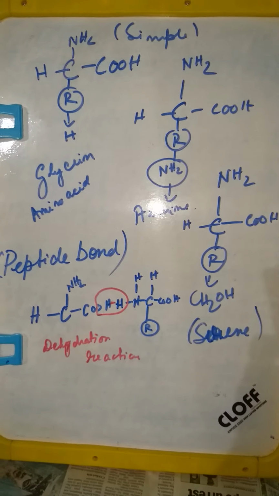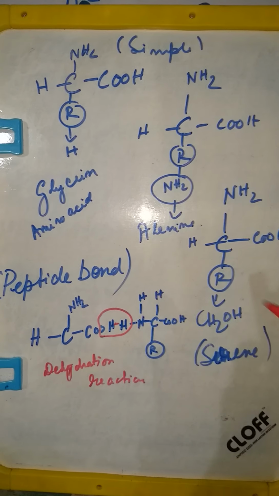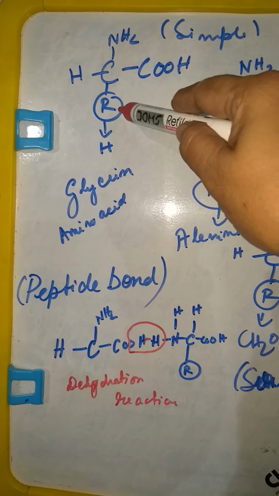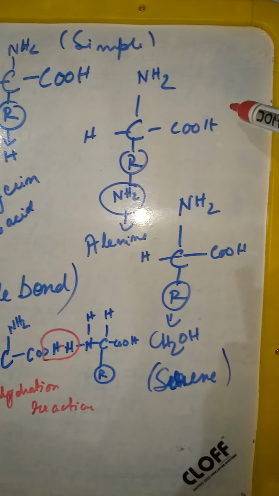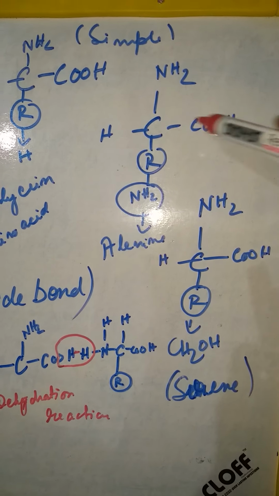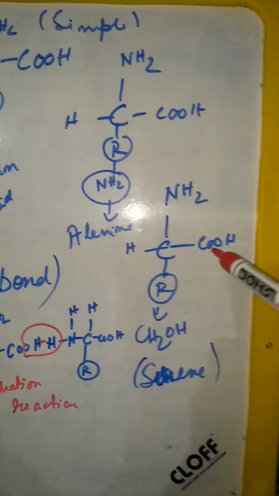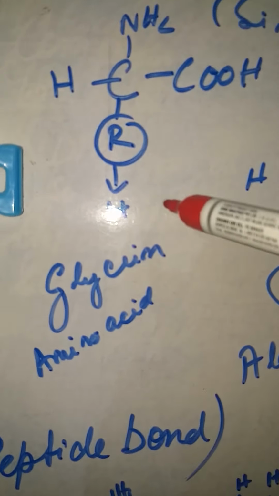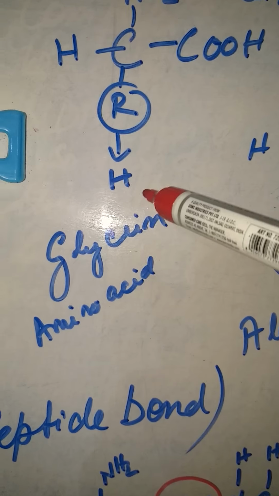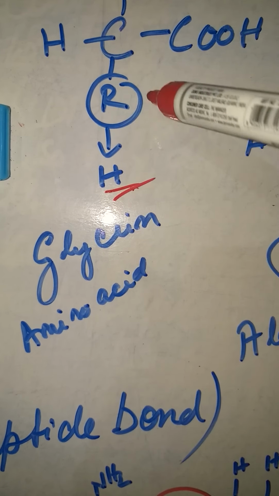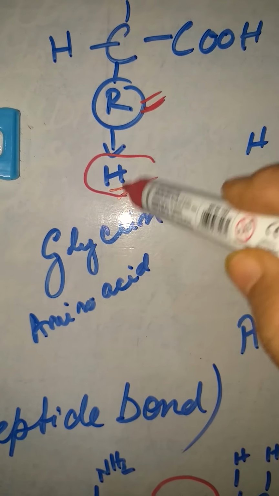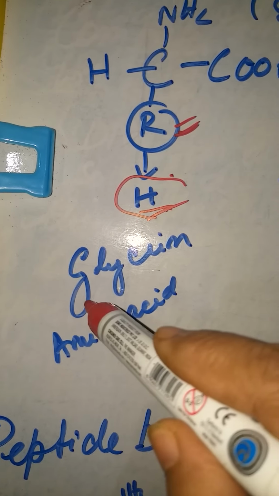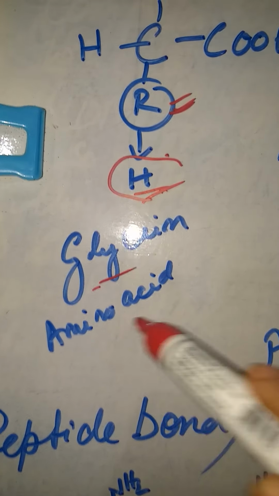Now you see, if you can focus here, we have this molecule, carbon, NH2, COOH, and this is R. So if R, and another molecule C, NH2, COOH, again R, and another one, that means we have 3 amino acids. Now if you can focus on the first one, you see this R is replaced by H. If H gets attached to it, we call it a simple amino acid, and we call it glycine. Glycine is an amino acid.